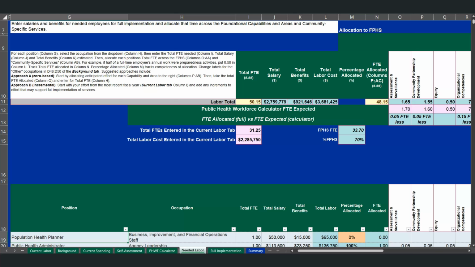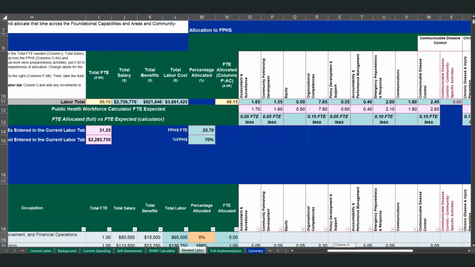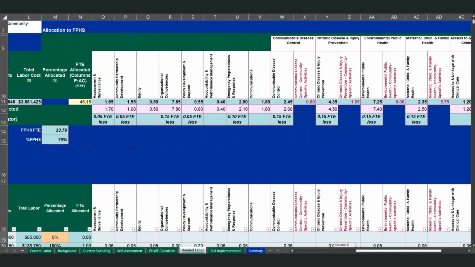Presently, this tab has some capabilities in areas that have full staffing, though there are gaps. Perhaps these gaps could be resolved through a population health planner who can focus on department infrastructure and some population health needs. We'll move over to the allocation side so we can allocate their 1 FTE across the necessary foundational